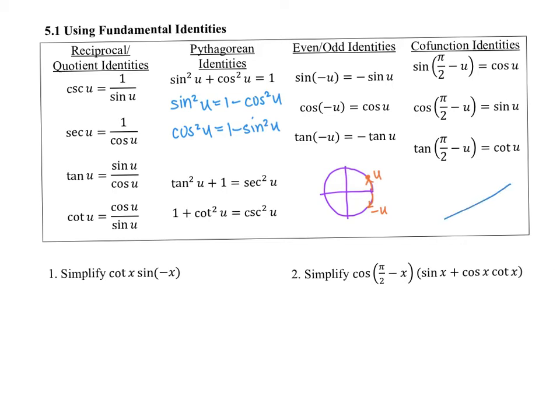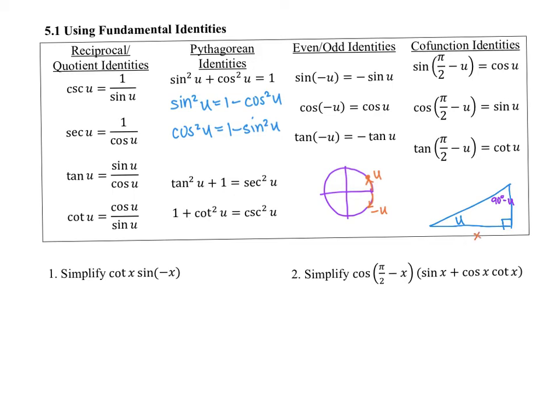So I'm just going to show you geometrically why this is true. I'm going to call this u. Because it's geometric, instead of pi over 2, I'm going to think of pi over 2 as 90 degrees. So if this angle is u, this angle up here is 90 degrees minus u. You don't need to write this down, I'm just showing you. I need to give these sides